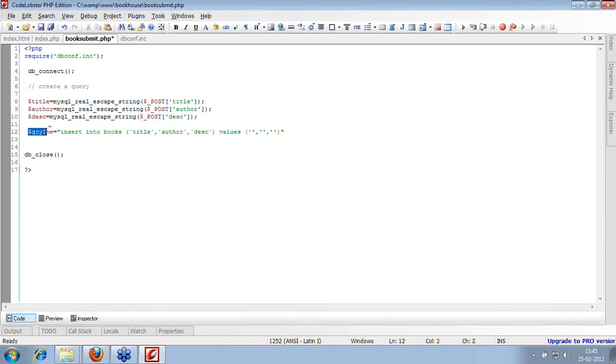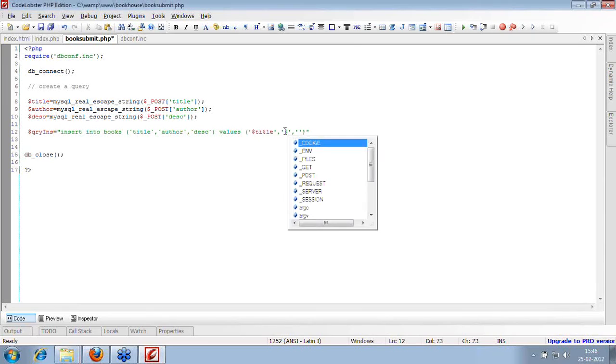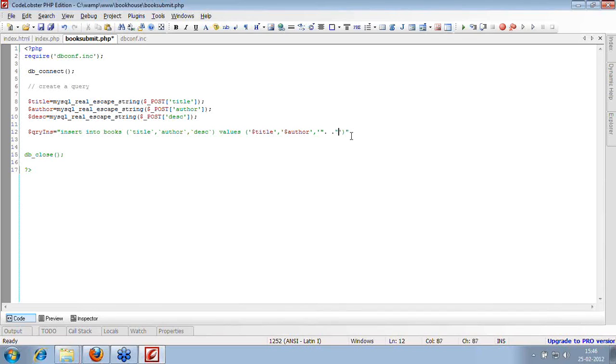Now I'm assigning the values using double quotes. Double quotes basically search for the variables, convert them to their values and store them in the other variable. So I can directly assign the name of the variable out here, $title, $author, or if I'm using a single quote at the starting only, then I can use a concat operator. Concat operator is basically connecting strings. So my concat operator is a dot. So I'll say concat this string with some string out here, and then another string.